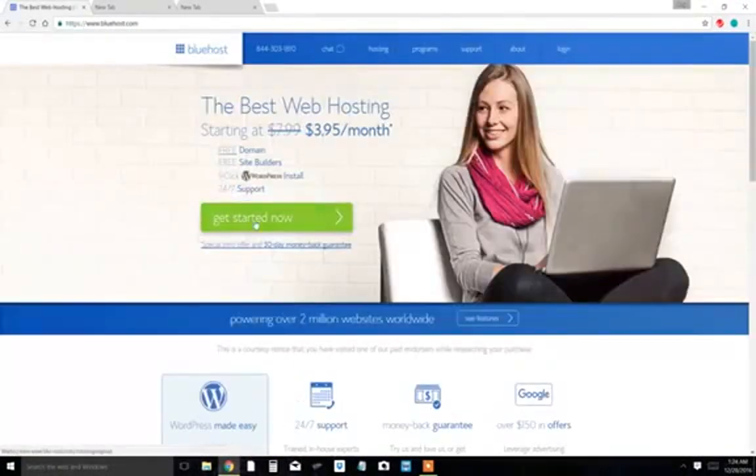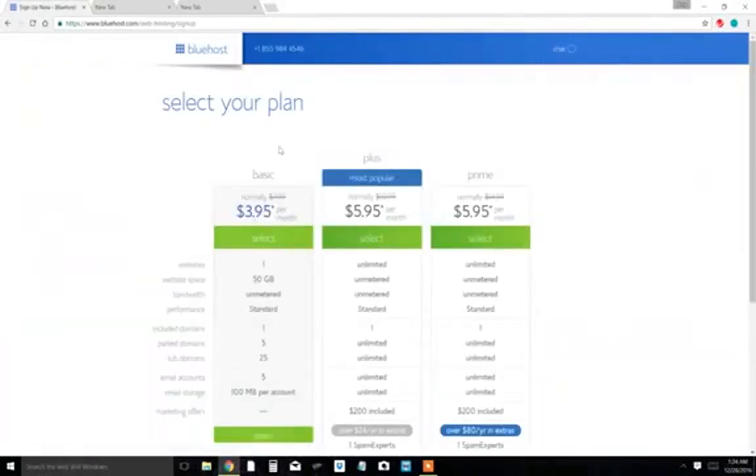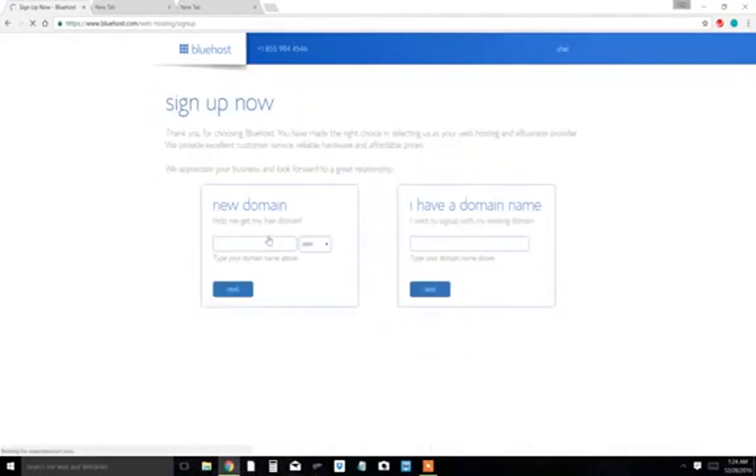Then you want to click on Get Started Now. Then there's three different plans here, and what I would do is pick the cheapest because you're just starting out, so it's not going to break the bank, or you probably don't need a lot of these features like on the Plus and the Prime. You just want to get started. So I would just go ahead and select the cheapest basic plan, which is $3.95 per month,